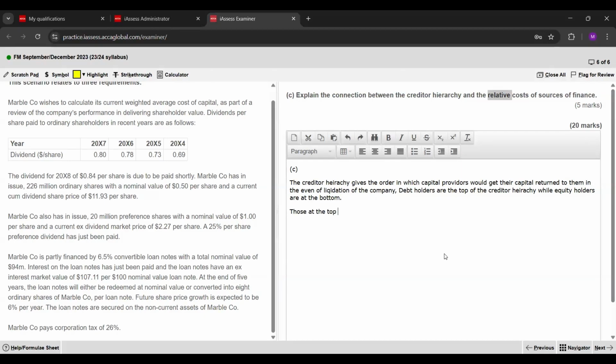Those at the top of the credit hierarchy, such as secured bondholders, unsecured bondholders, etc., would get their capital returned to them first in the event of liquidation,